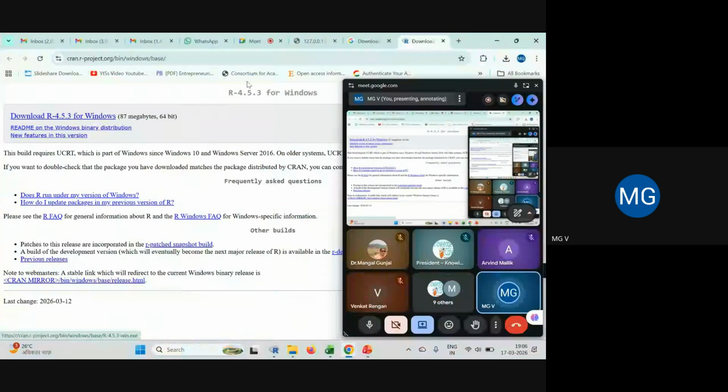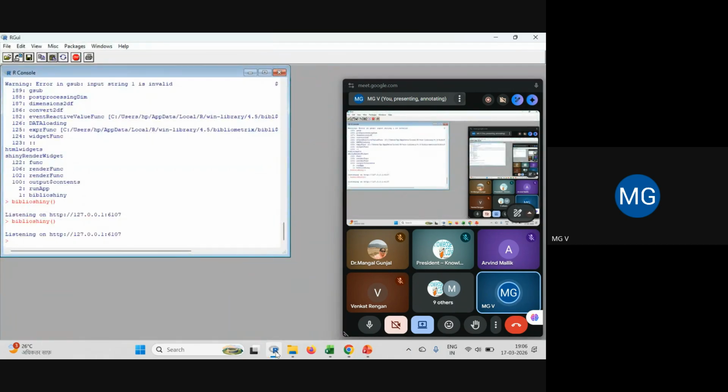Once you download it, we go to the downloads folder, and here we got this shortcut. When you open this shortcut, you will get this window, and here you see the Packages tab. Can you see this Packages tab here? Yes. Click this Packages tab.